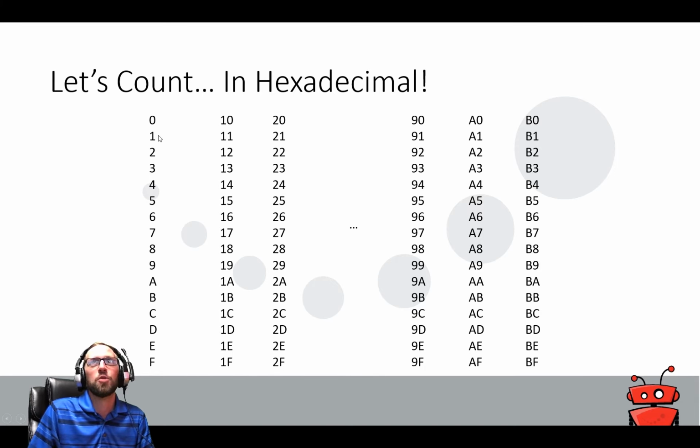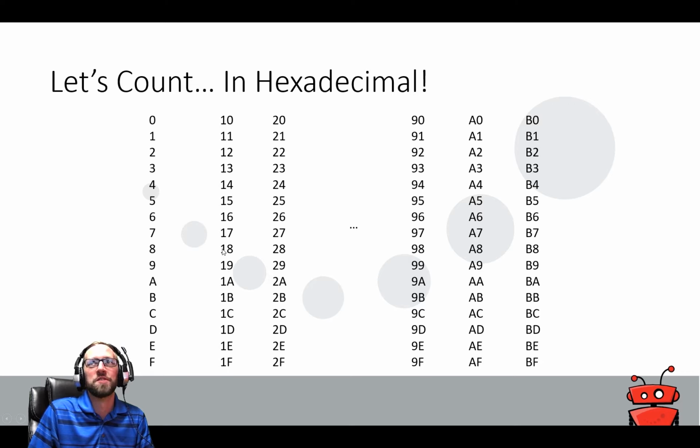Count with me. 0, 1, 2, 3, 4, 5, 6, 7, 8, 9, A, B, C, D, E, F. That's 15 unique values for the first decimal place. And then we overflow into the second one, and we have 1, 0, 1, 1, 1, 2, 1, 3, 1,